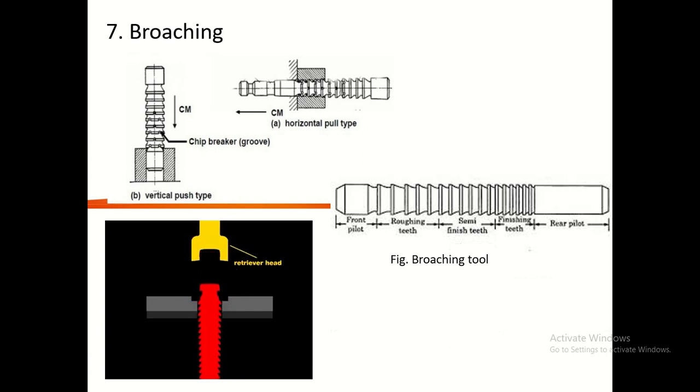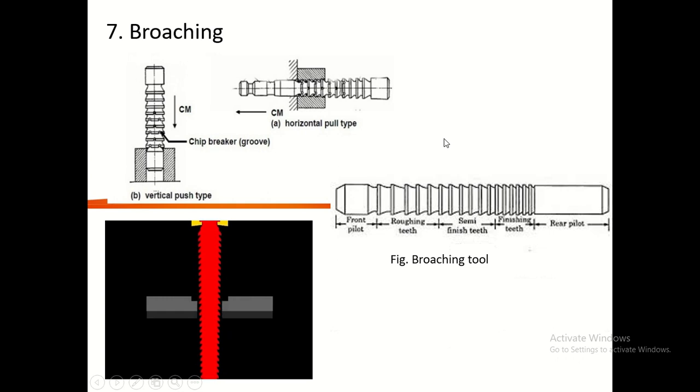Broaching is also used to enlarge the hole of the workpiece. Let's see here. This is the broaching tool. This is the roughing surface of the broaching tool. This roughing surface removes more material from the workpiece, and this is a semi-finished surface which